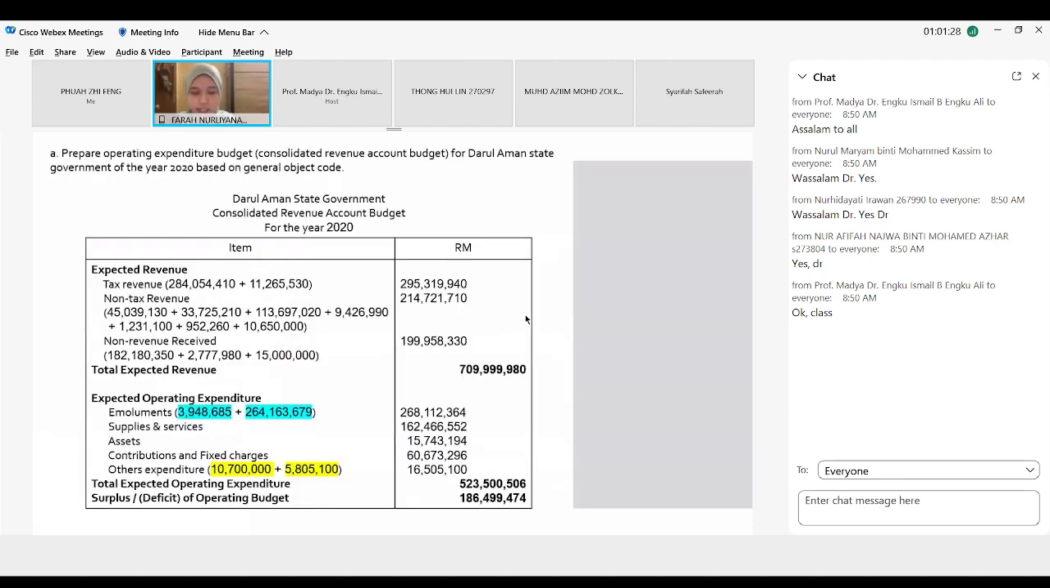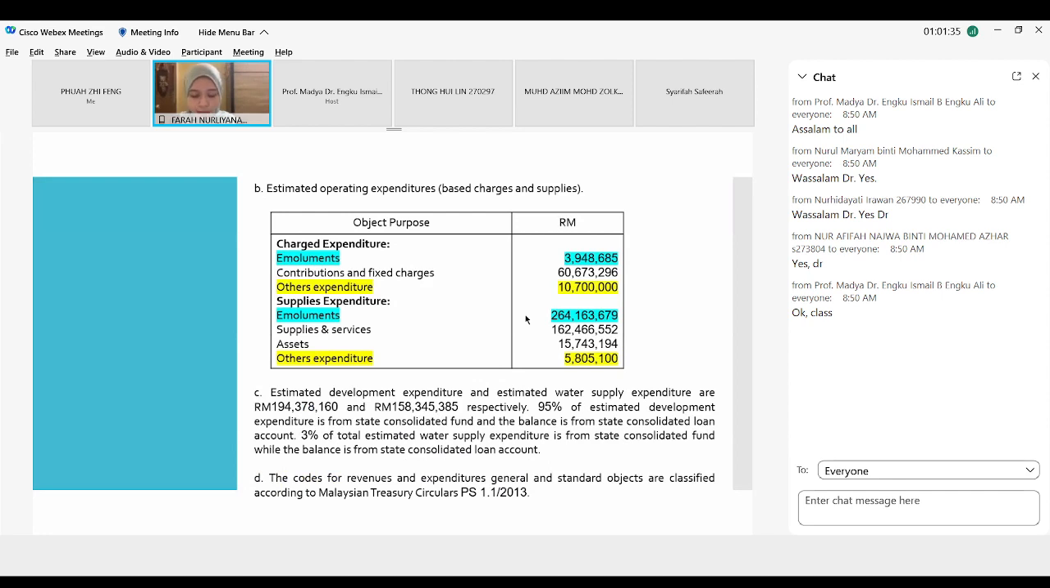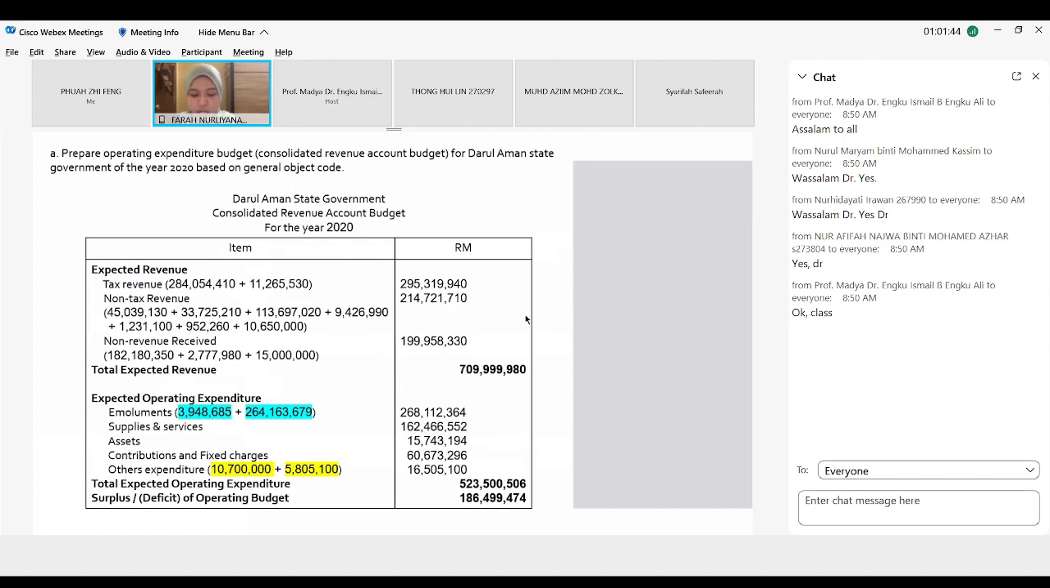And for the other expenditure also, look at the yellow highlight. We add from both charge and supply expenditure. Not forgetting to add the items of supplies and service fee, assets and contributions and fixed charge. So we got the total expected operating budget of 523,500,506 ringgit. Then the total expected revenue will be less the total expected operating budget. The surplus of operating budget